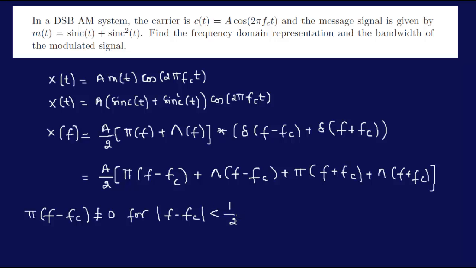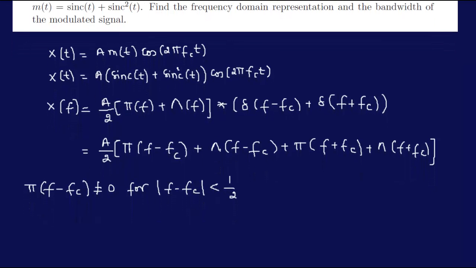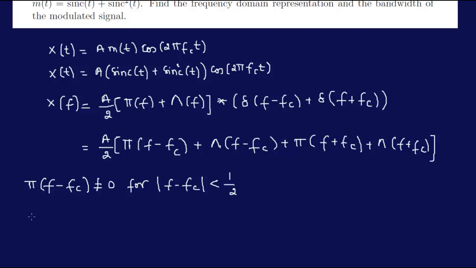Okay, so here we have pi of f minus fc is different than 0 for f minus fc less than 1/2, so of course the bandwidth is going to be 2 times that. Okay, 2 times the frequency, and therefore